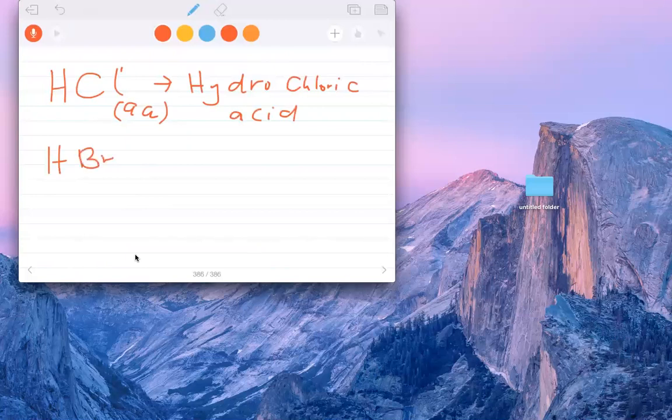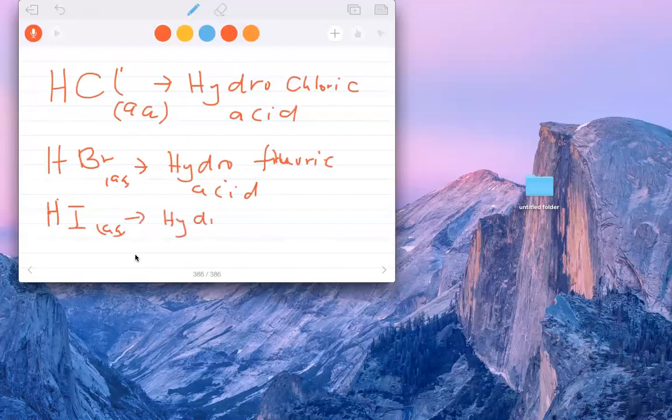HF, and then aqueous, we say that this is hydrofluoric acid. HI, aqueous. This is hydroiodic